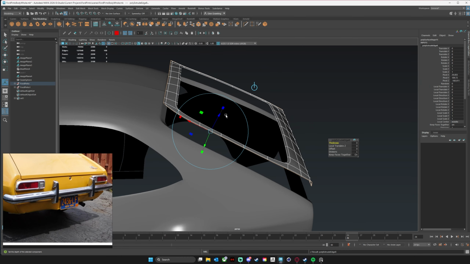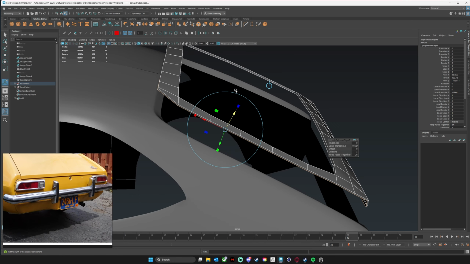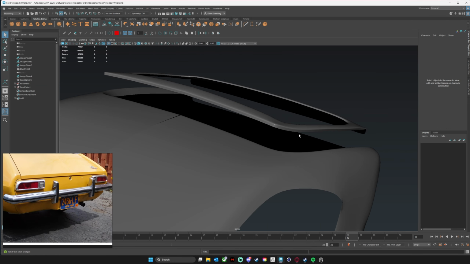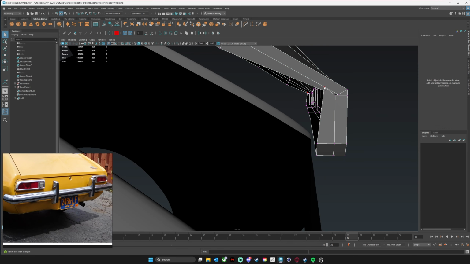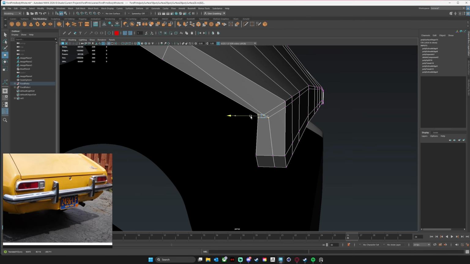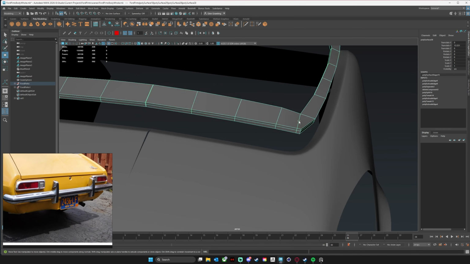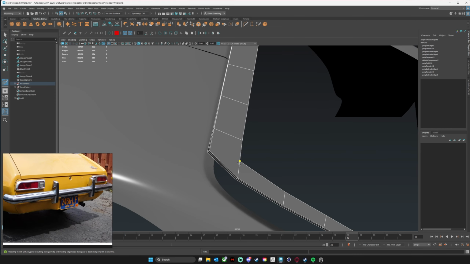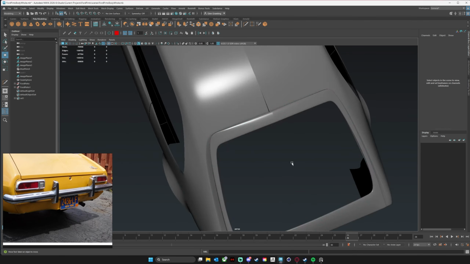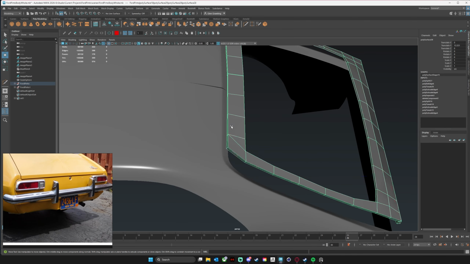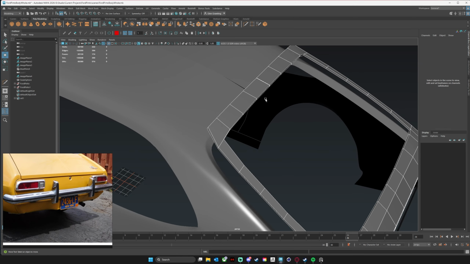I think a lot of times once you get these things lit and textured, it will hide a few of those very subtle inconsistencies and the very subtle bends and undulations you have in your surface. Once you get it fully lit and textured, those things won't be as visible. And I think it's important to note that